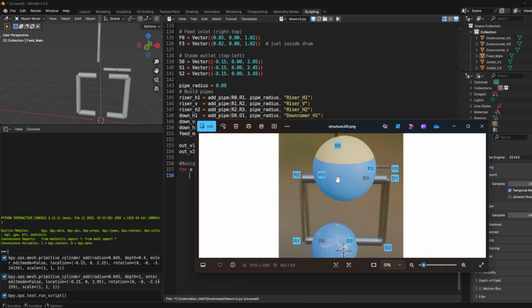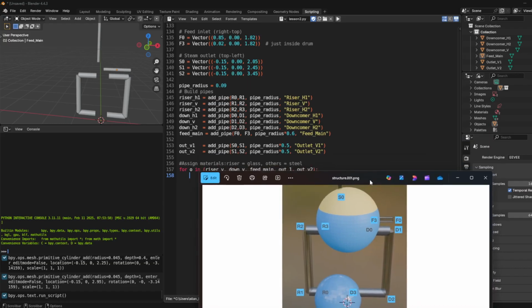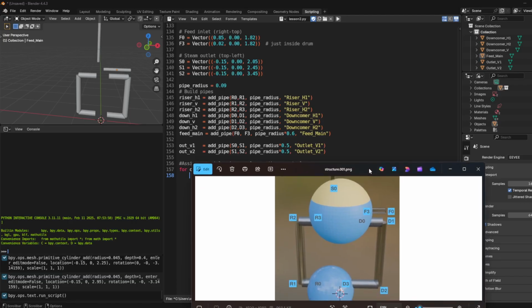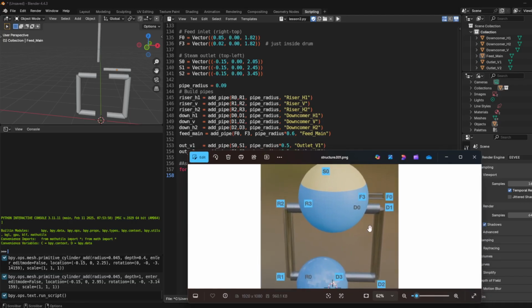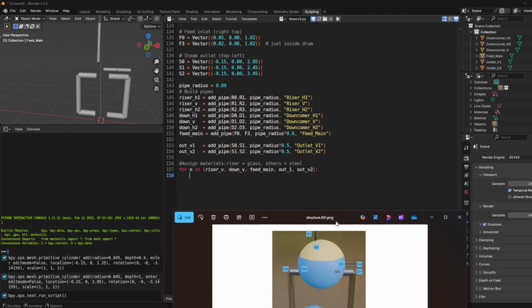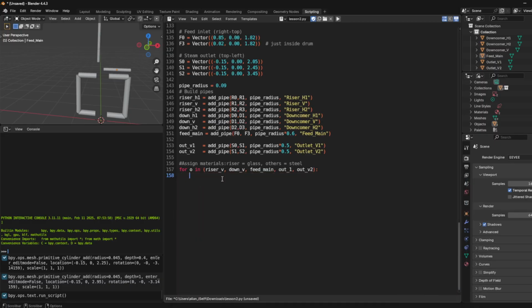So this is the feed, so we're going to use the feed for that, and finally we have out 1, out V2, outlet V1, outlet V2, S0, S1, so, oh, this is the out, so that thing. O, so everything over here, dot data, dot materials, dot append, glass,